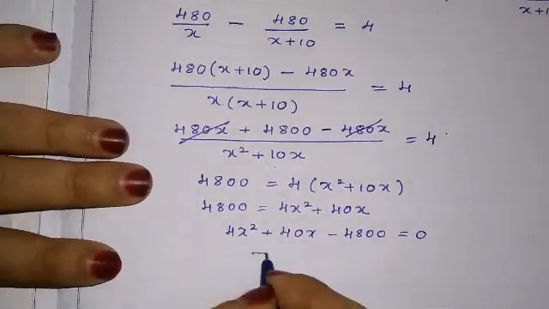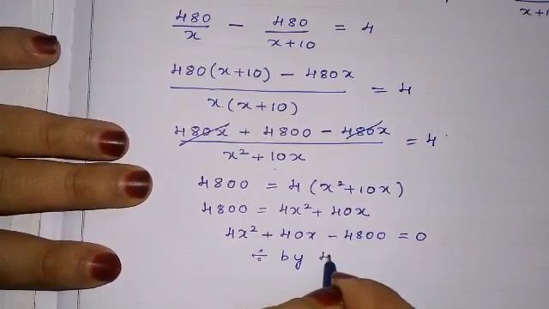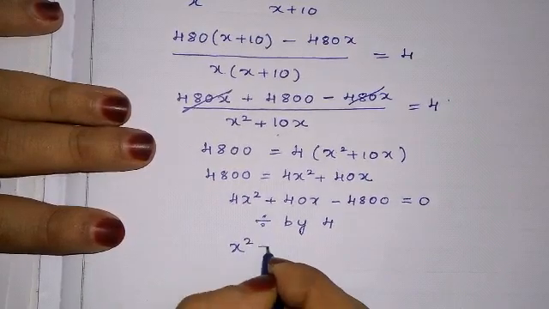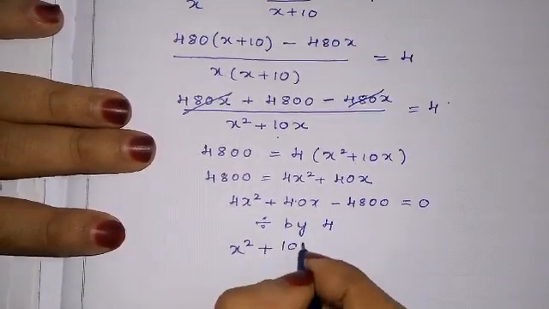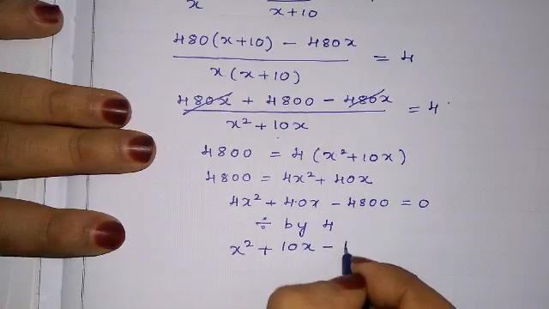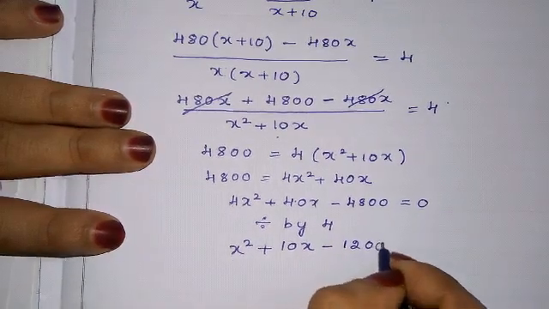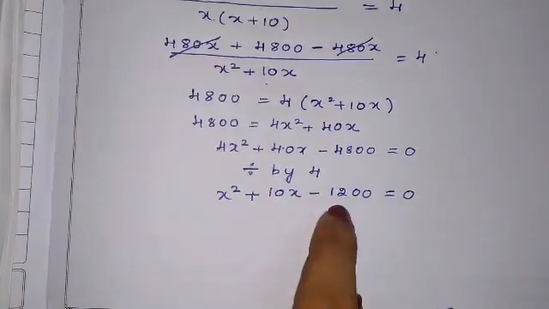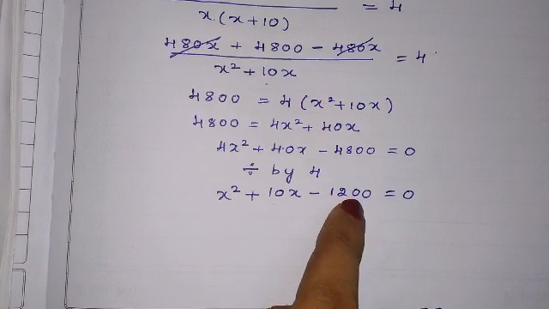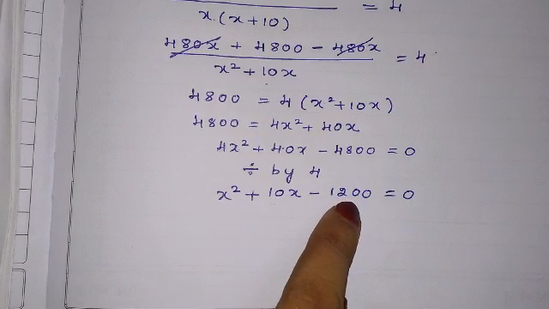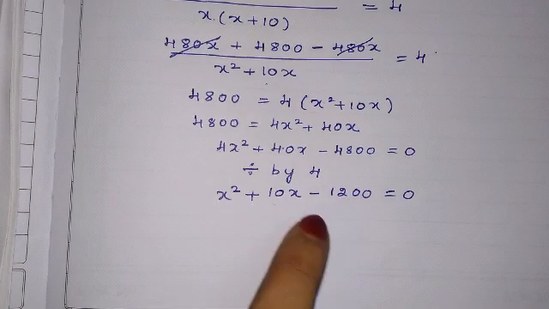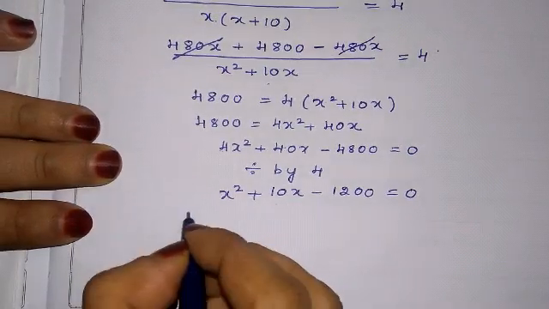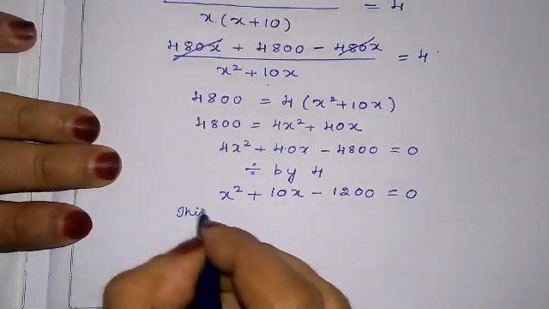So divide the whole equation by 4. 4 divided by 4 is only x square. 4 tens are 40, 4 ones are 4, 4 twos are 8, 0, 0. So we got here x square plus 10x minus 1200 equal to 0. Here we can use the quadratic formula also, or direct factorization also. Anything we can do. So if you feel easy, you can write this is of the form